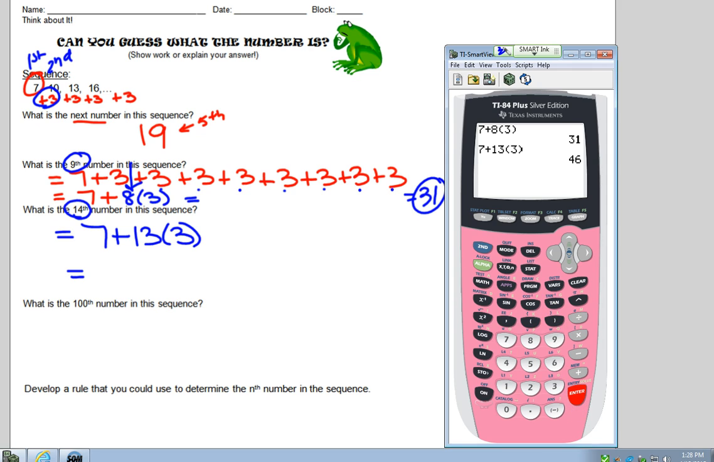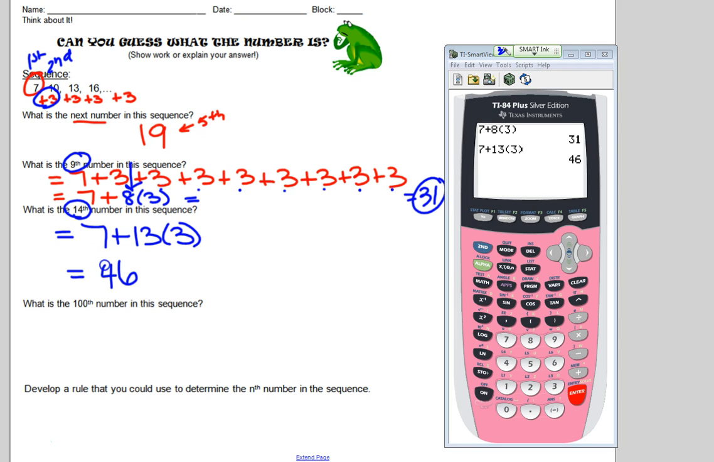So that'll be 46. So when we get to the 100th number, trying to add up 3 that many times to get up to the 100th would be really tedious if you try to do it the long way. Although it can be done, I can sit here and keep on adding 3, or I can know that I'm going to start at 7 and I'm going to keep on adding